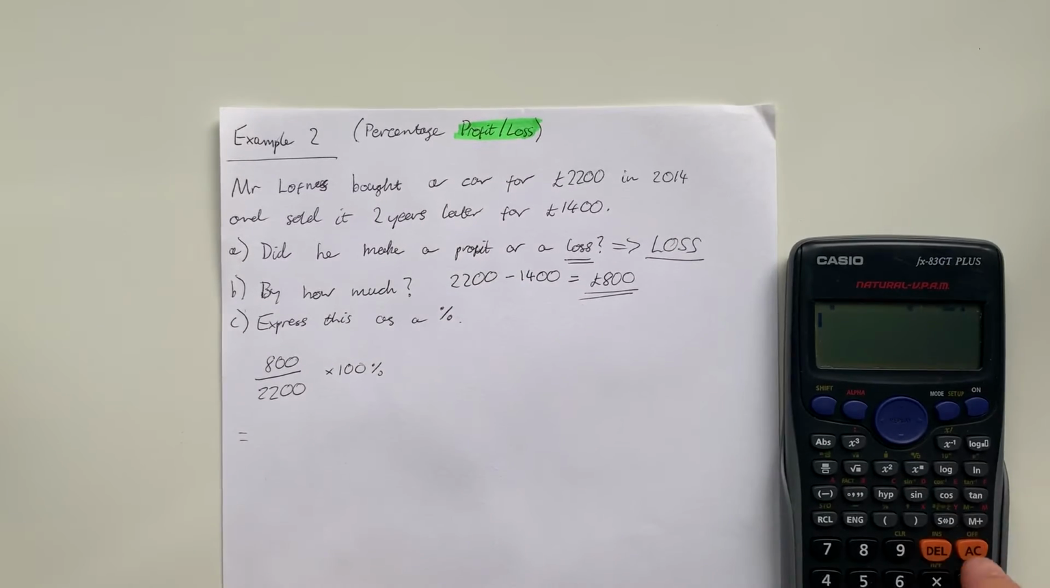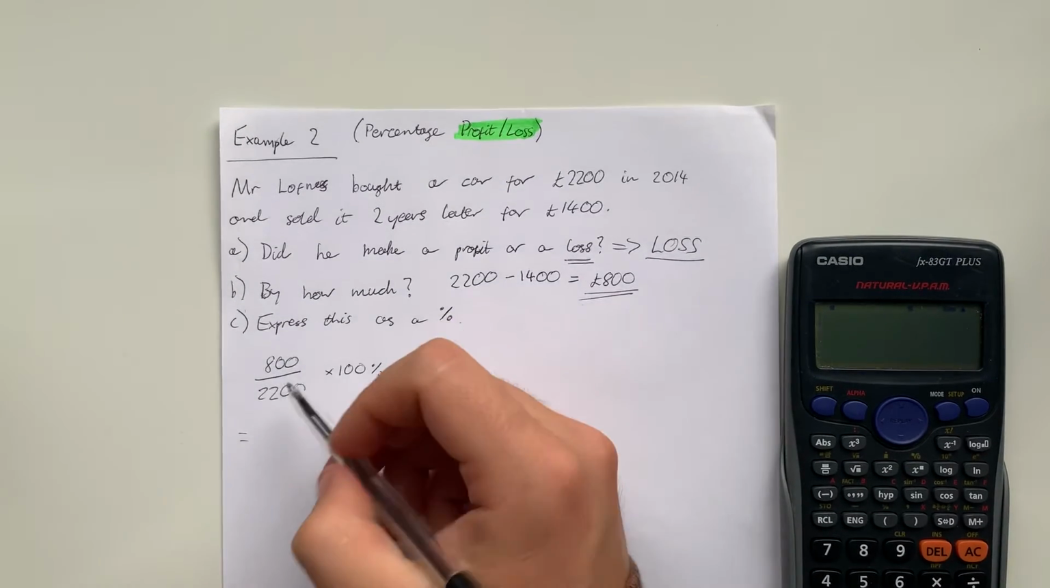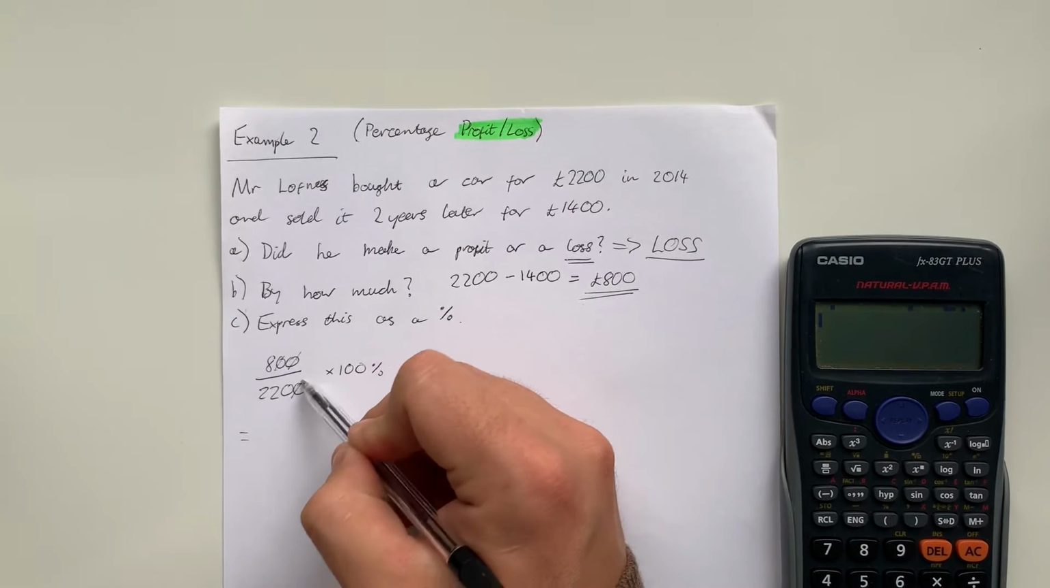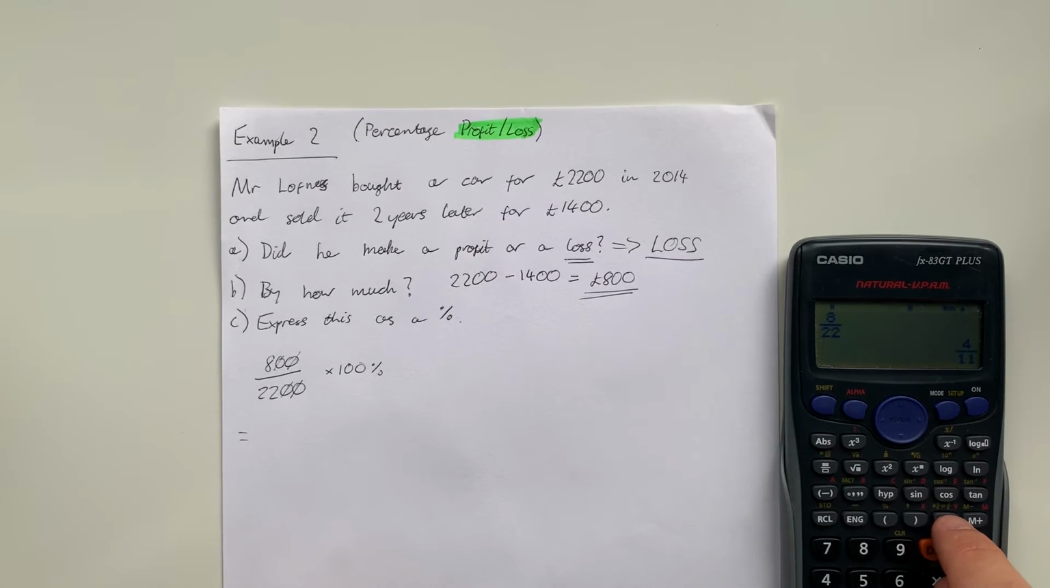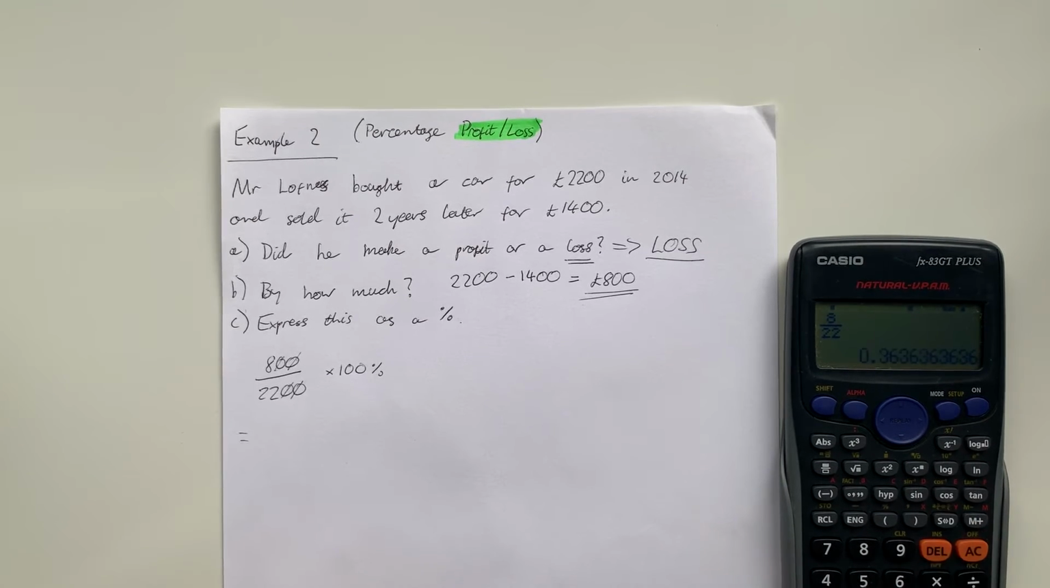Okay, again, let's let our calculator do the hard work. We could do some simplifying here. Let's cancel out these zeros. We've just got 8 out of 22 multiplied by 100. So we could just do that on here. So that will give us 4 over 11, which is, we're going to get a recurring decimal here. Okay, so we've got